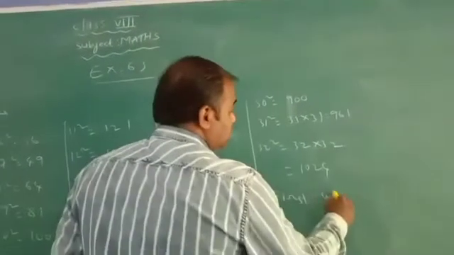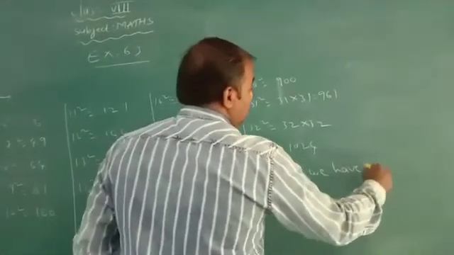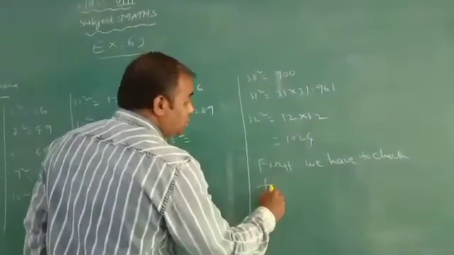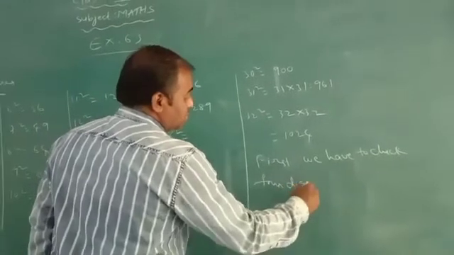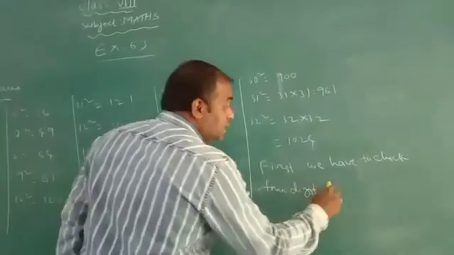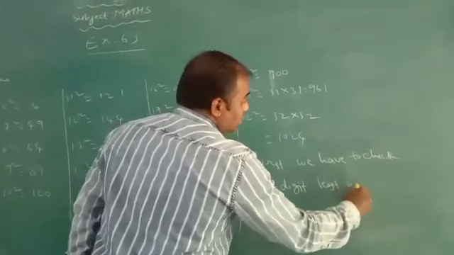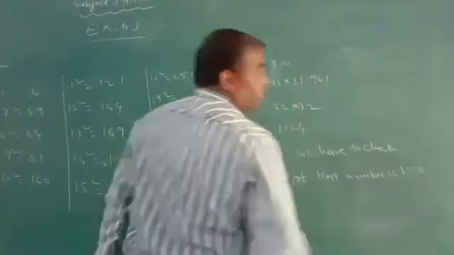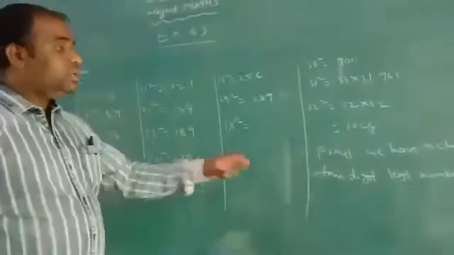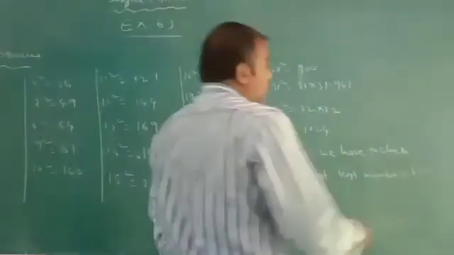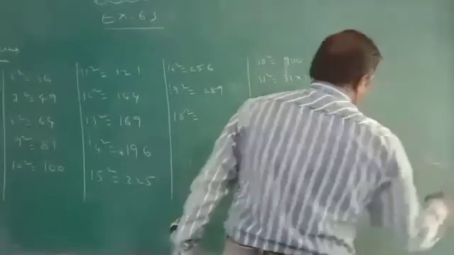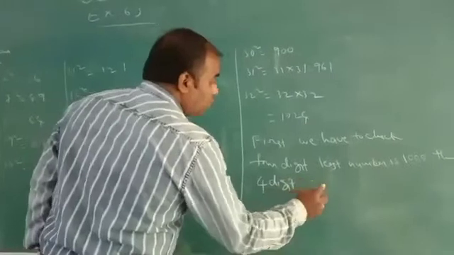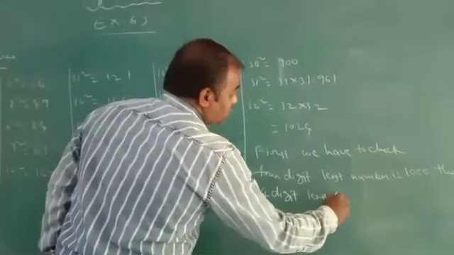First we have to check the 4 digit least number. 4 digit least number is 1000, na? Then the 4 digit least perfect square